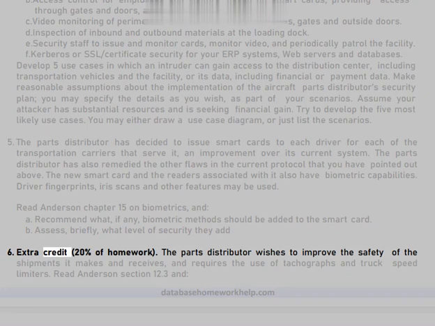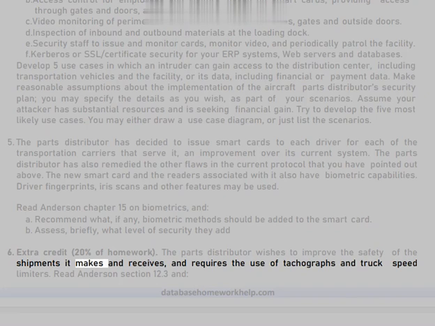6. Extra credit, 20% of homework. The parts distributor wishes to improve the safety of the shipments it makes and receives, and requires the use of tachographs and truck speed limiters. Read Anderson Section 12.3 and